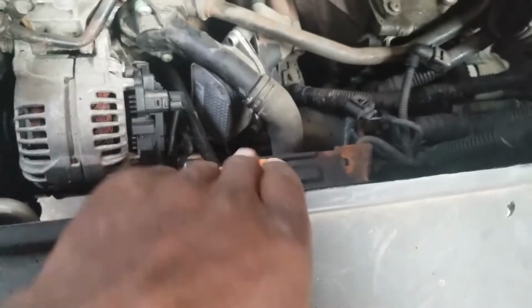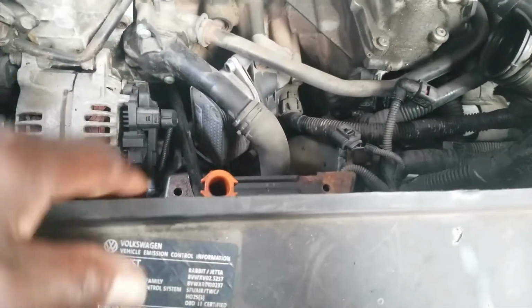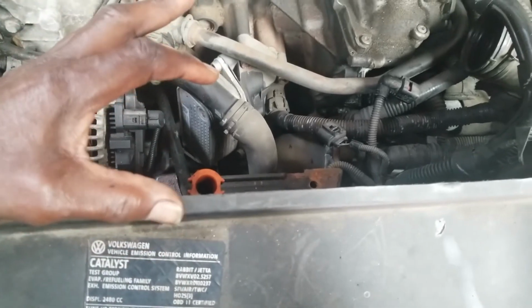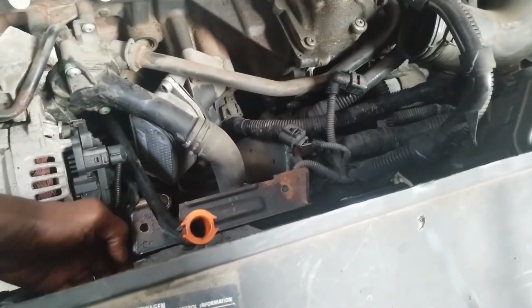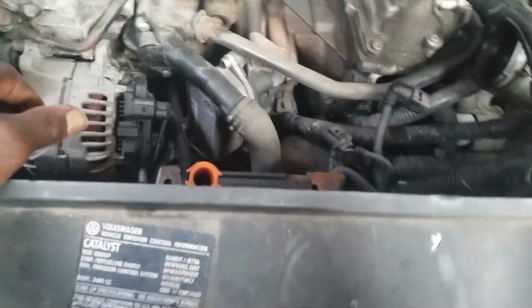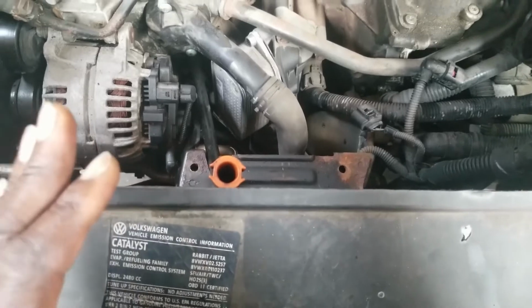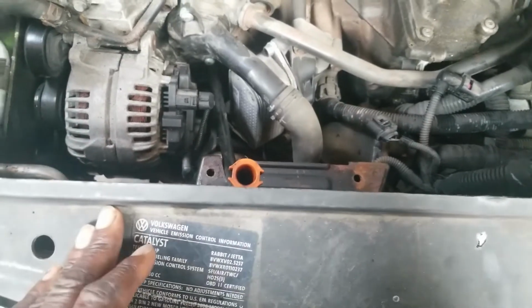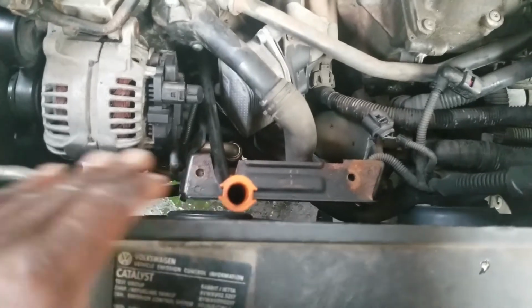Now, there's very little space between here and the manifold, about that much gap. To get your hand in there, reach under to do this job is difficult. So what I suggest you do is jack the car up, set it on jack stands, go underneath it, remove the splash guard